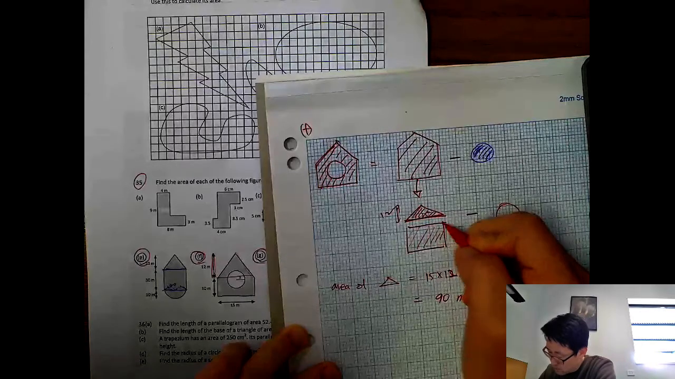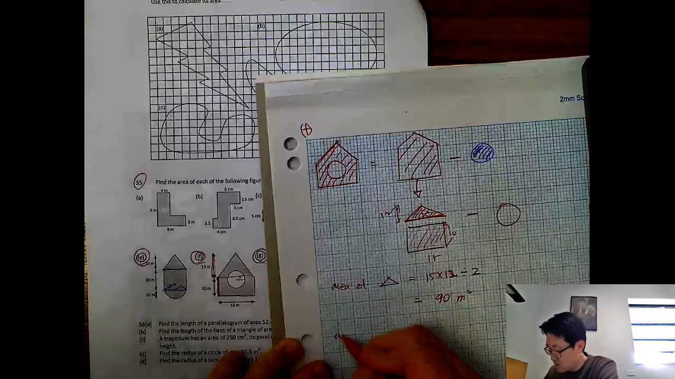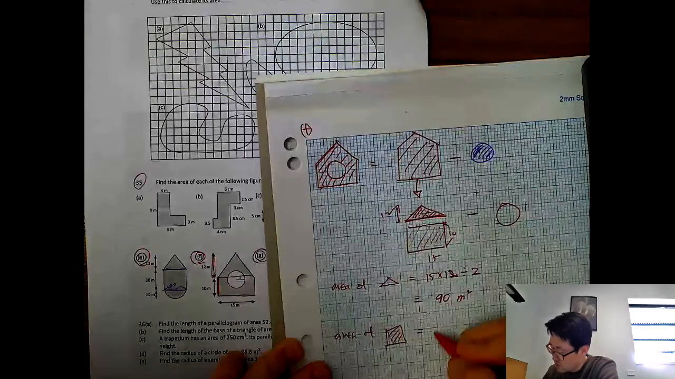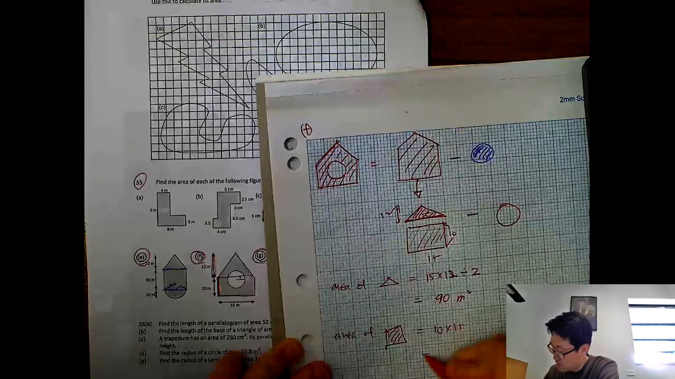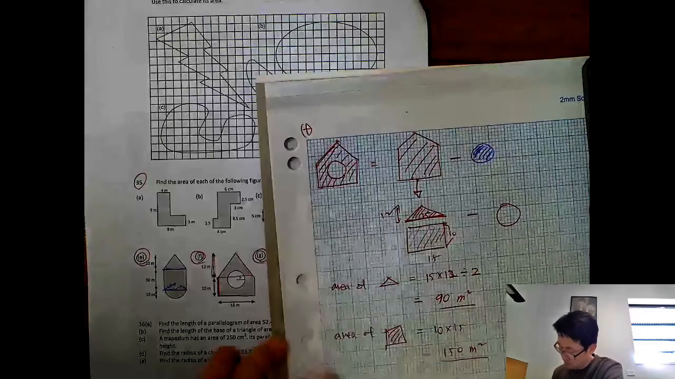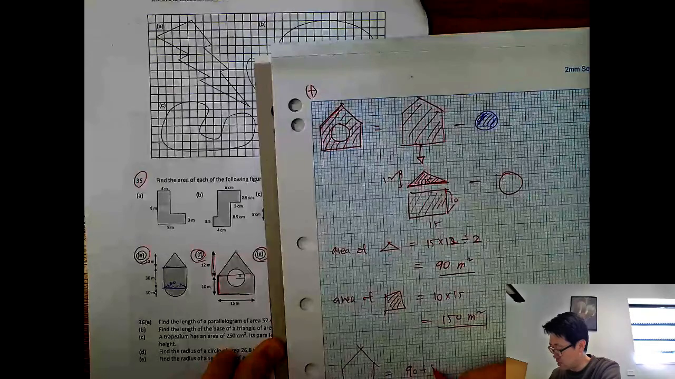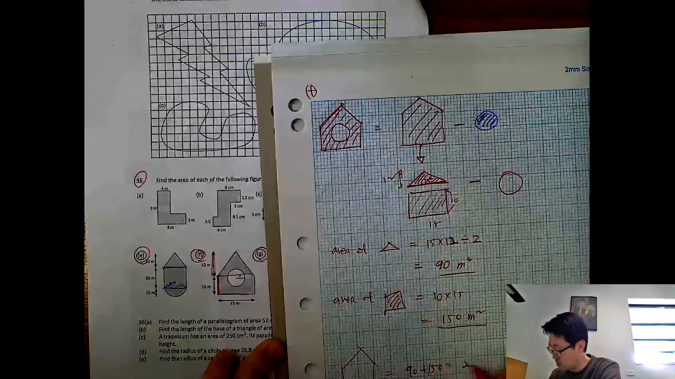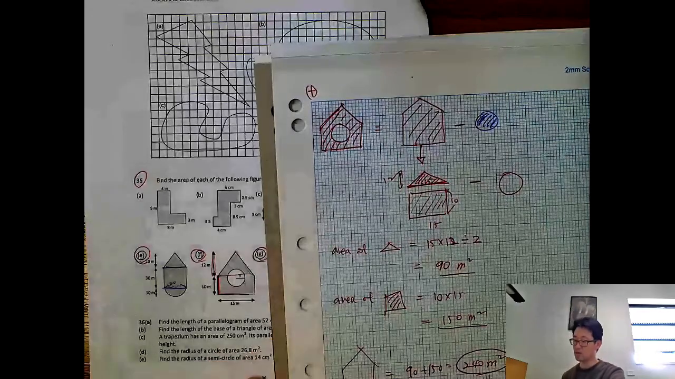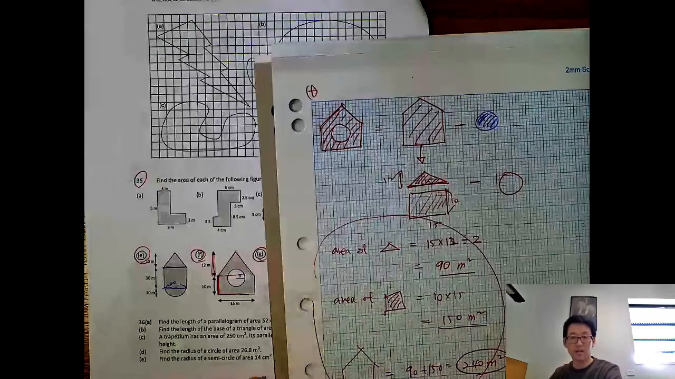This is 10. I get that from here, and 15. So area of this rectangle is 10 times 15, 150 square meter. So total ones equals 90 plus 150, 240 meter square. You get that? So I get the one side here. And then minus,